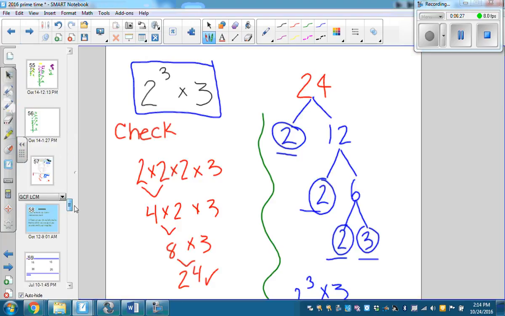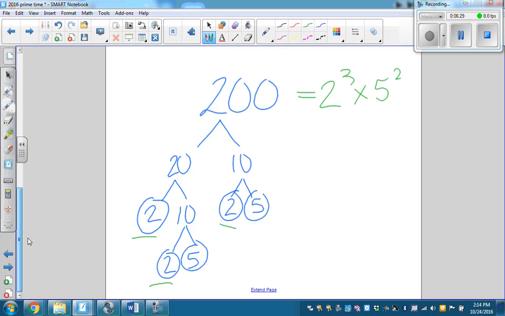I think it's at the bottom of this page here. There, did you get 2 to the 3rd times 5 to the 2nd? Good job. There's other ways to do it. Remember, we already did that though. You could do it with any correct factor pair. Okay, so